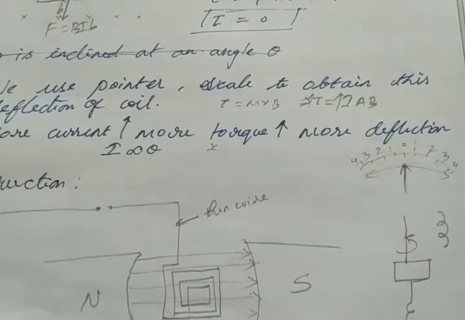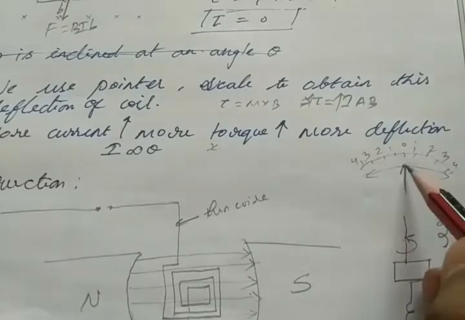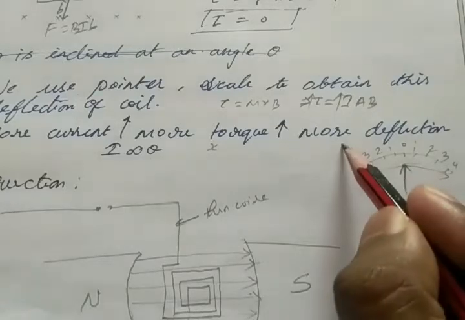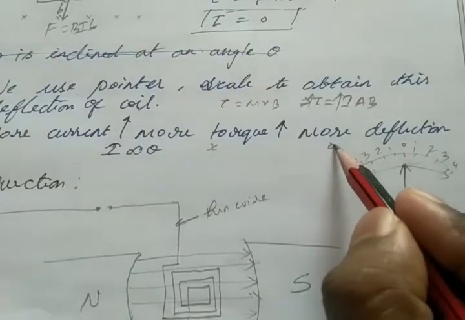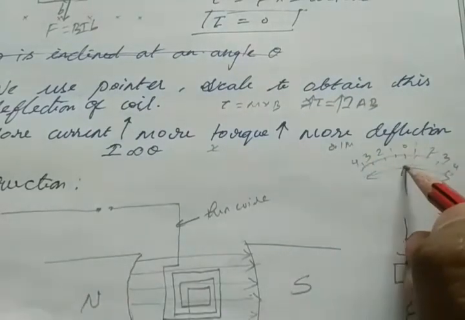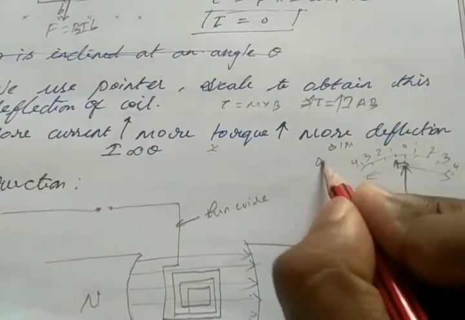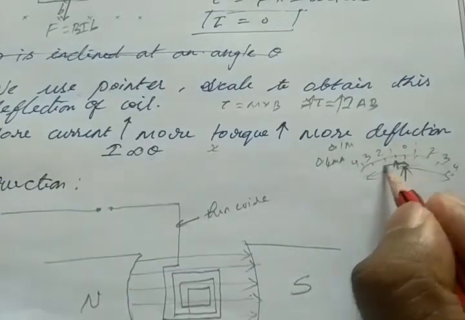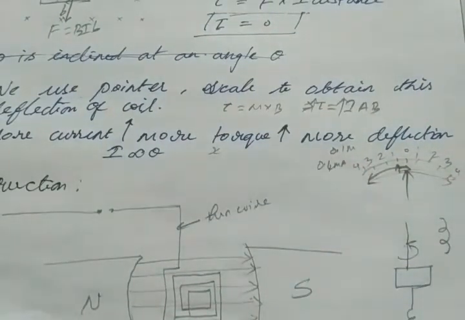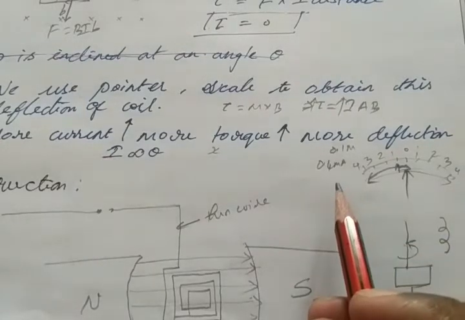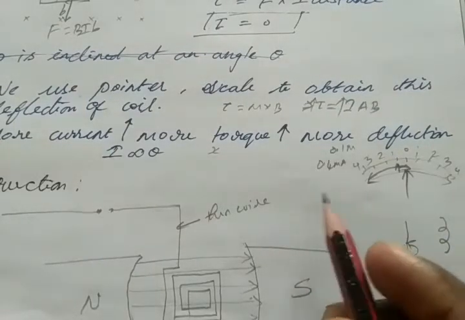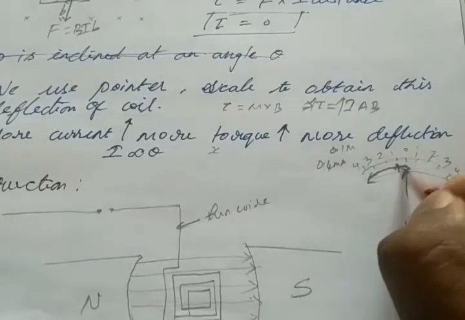So when we give some current in order to measure it, the pointer will move either right side or left side. For example, I give a small amount of current, 0.1 milliampere. The pointer gets deflected to 1. If you cut the connection, what will happen? The pointer will again go to the 0 position. Clear? I give more current, for example 0.4 milliampere. The pointer comes here, right? When I disconnect the connection, the pointer will again go to the mean position.